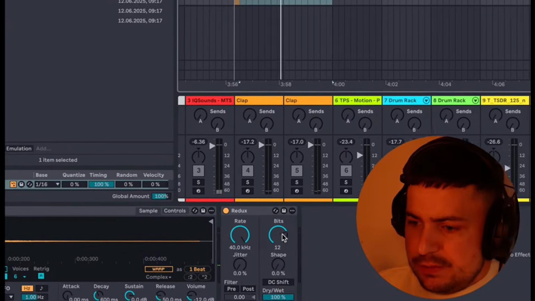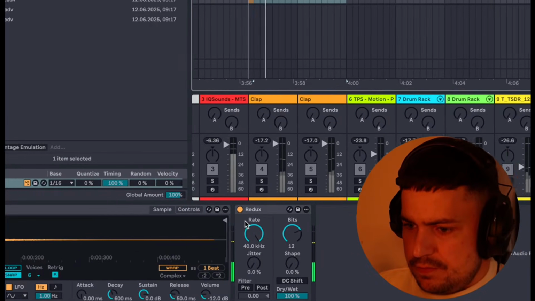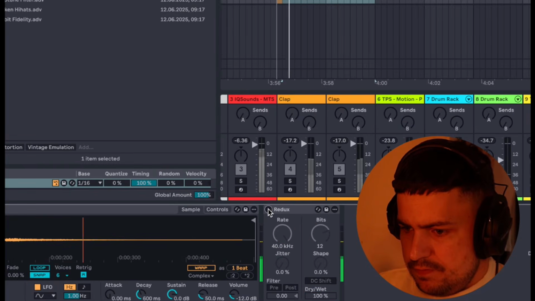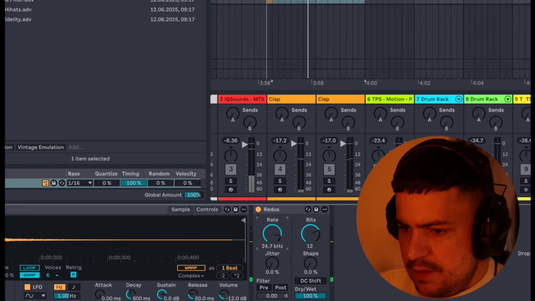Because if we use this Redux and we bit crush it to 12 bits and pull the rate down,